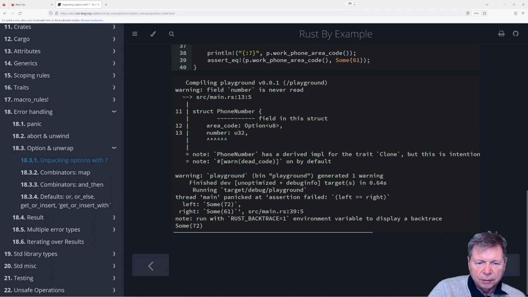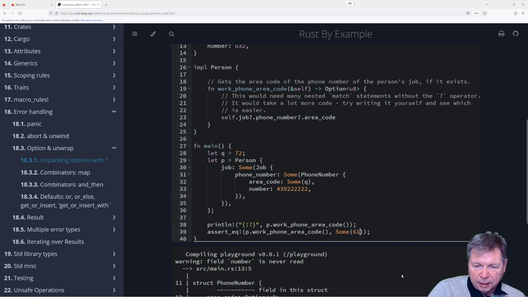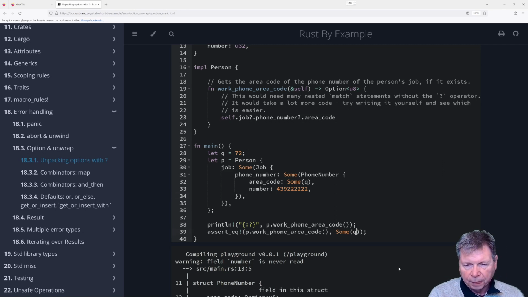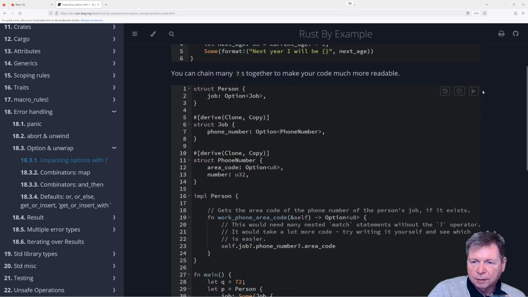Warning, playground, generating one warning. Oh, I get it. We got the warning because, oops, we don't want to save that. Sorry, I'm so used to Control S.